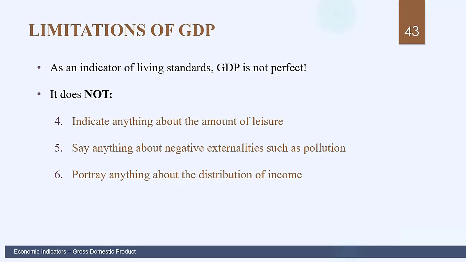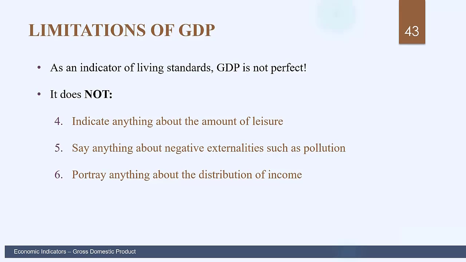Real GDP per capita is just an average measure. Now, there are measures that help to mitigate some of these issues. For example, the Human Development Index is a measure of the standard of living that tries to overcome some of the issues with gross domestic product. That's out of the scope for this lecture. Here we're just focusing on the economic well-being, but you could look up the Human Development Index, and that will give you a much better picture of the standard of livings across countries, or how it has changed within a country.